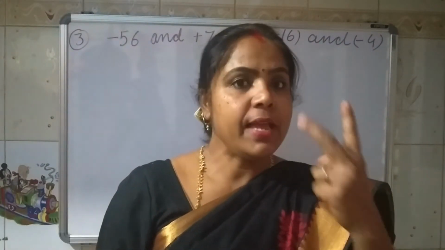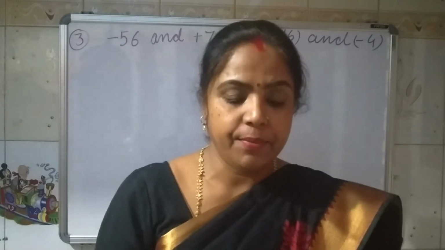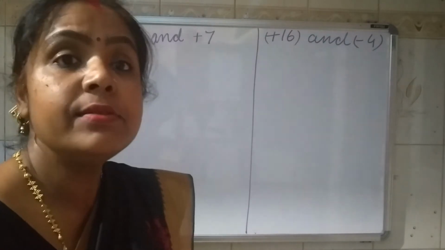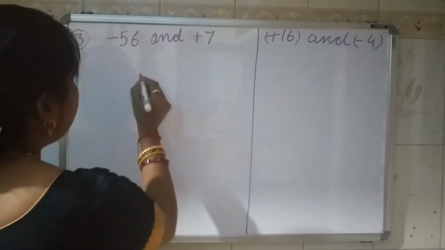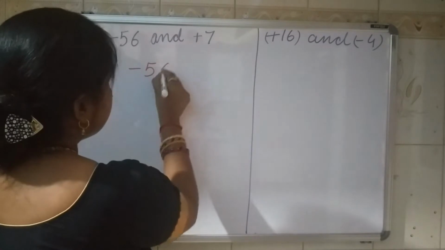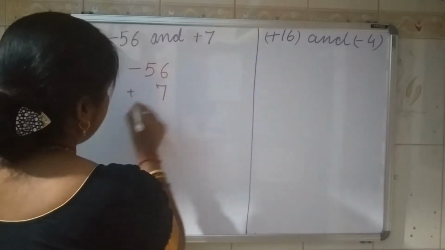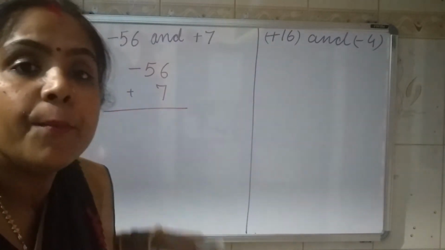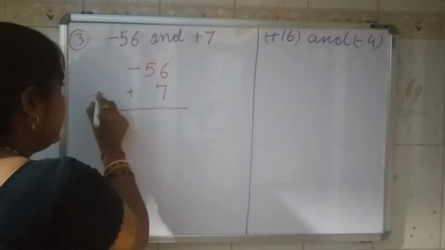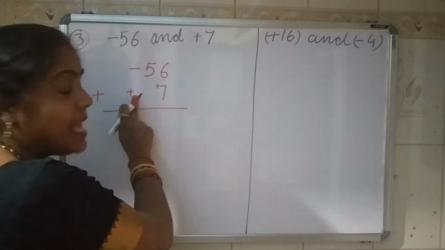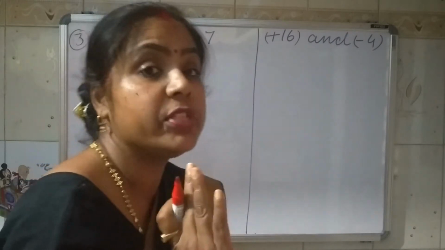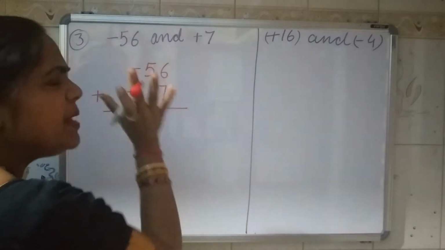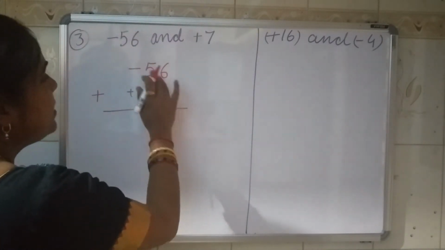So in the first case, we have added both positive numbers and both negative numbers. Now, if one number is positive and another number is negative, in that case, we have to do the addition. Then what will we do? We will write down here minus 56 plus 7. You can see the bigger number has the negative sign and the smaller number has the positive sign. But we have to do the addition. When one number is plus and another number is minus, there is no possibility of addition. In this case, we will do the subtraction. So simply we will subtract, don't see the sign, subtract the numbers.